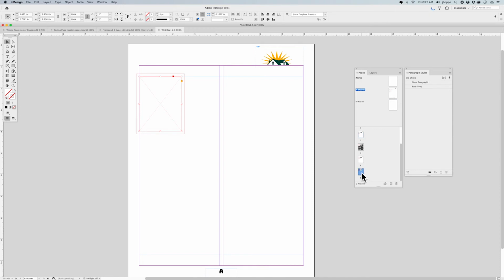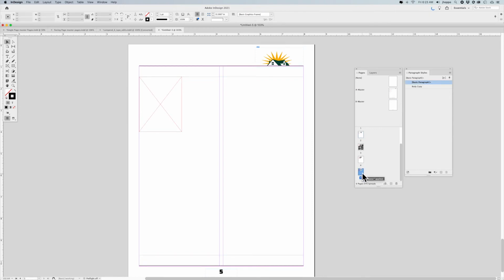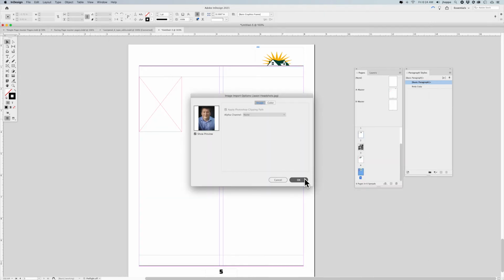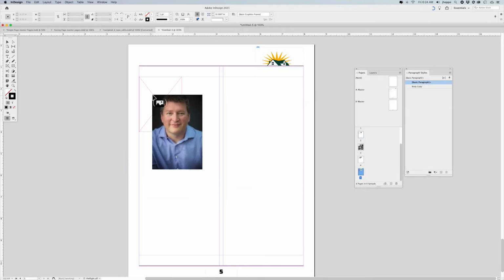Now I'm going to go back to my document, and with my image container right there, I can go under File Place. Now here's an interesting thing. I don't need to unlock that image container, because InDesign is smart enough to know that you called this a graphic or image container and it's there waiting for you, even though it's locked on the master page. If I go into the File menu and choose Place, grab a picture, and hover over this image,